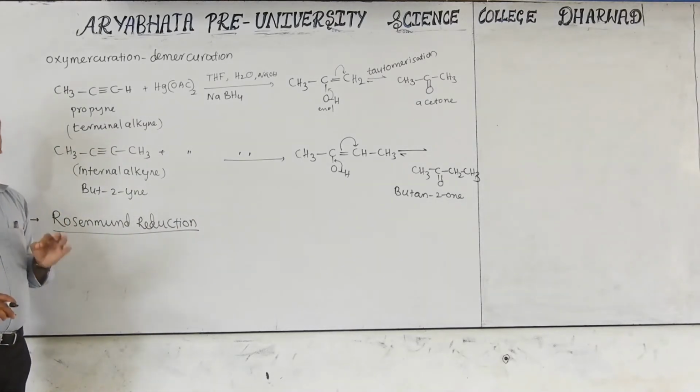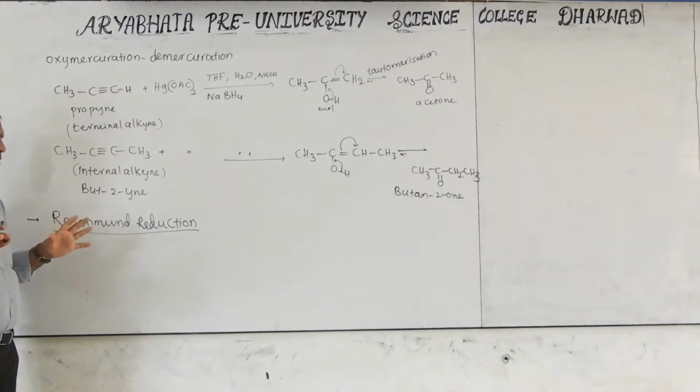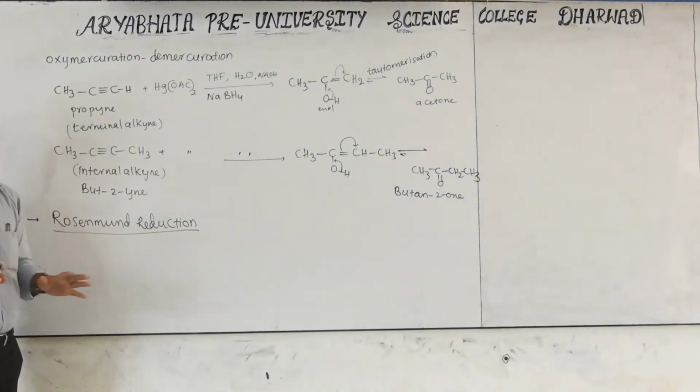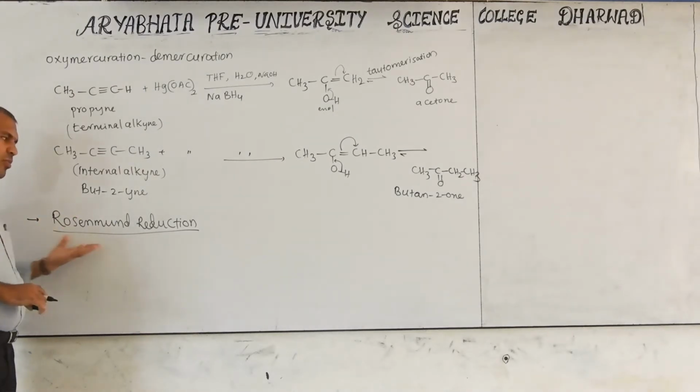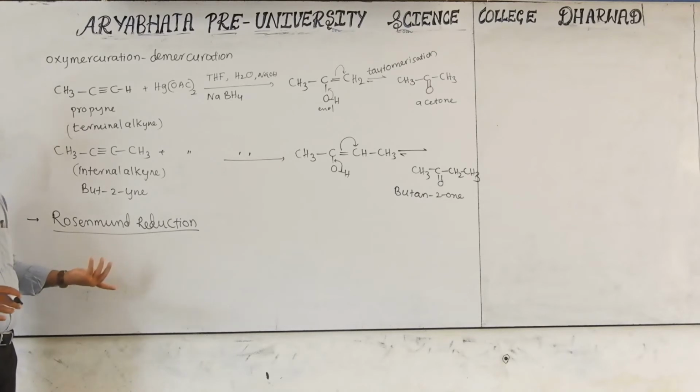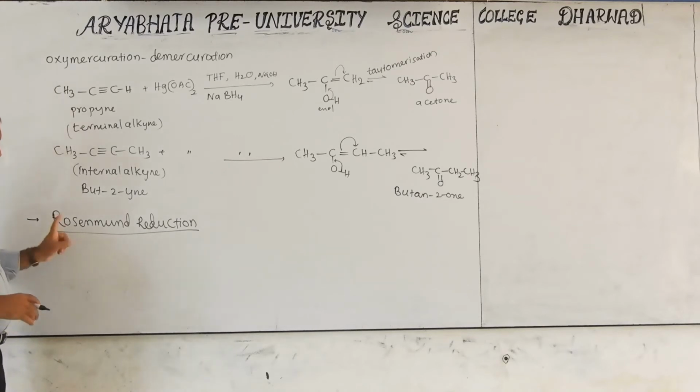Already I told you that all name reactions are very important for PUC level and all competitive exam levels. From that only they will ask some depth-level concepts for competitive exams. For PUC, they will ask you to write a Rosenmund reduction reaction. Like this they will ask. Very important, the most important part for PUC.